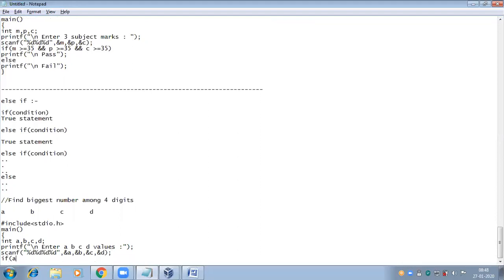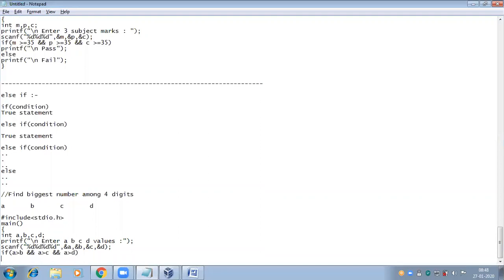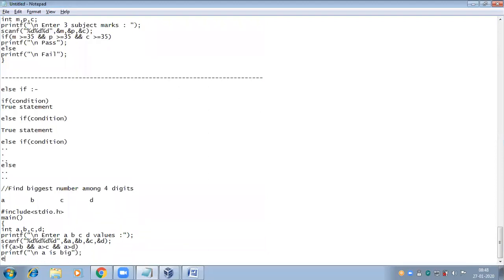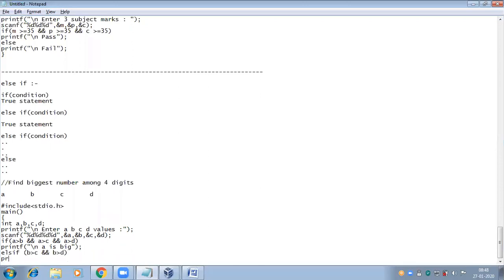Now I'm writing the condition: if a is greater than b and a is greater than c and a is greater than d. If all conditions are true, then I'm printing a is the biggest number. If anyone fails, then I'm checking the condition b is greater than c, b is greater than d. Then printf, b is the biggest number.